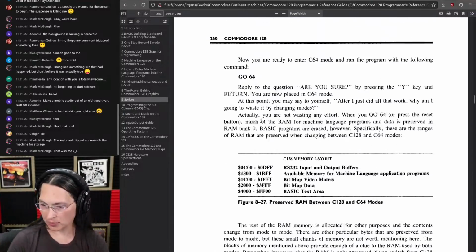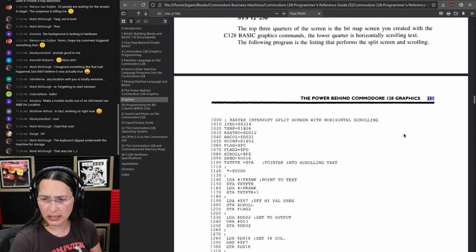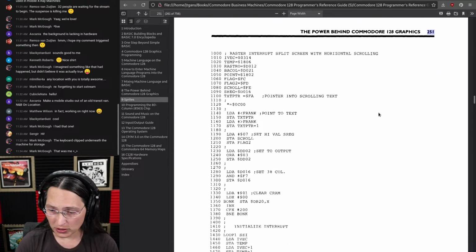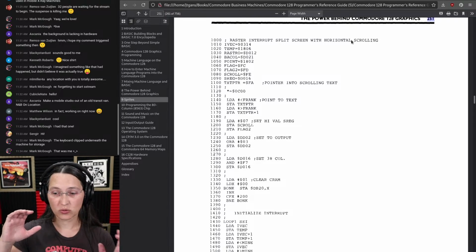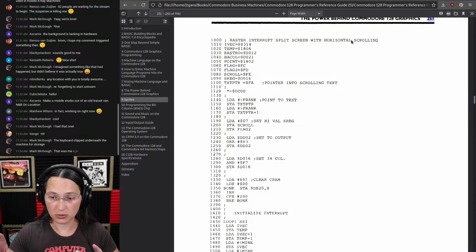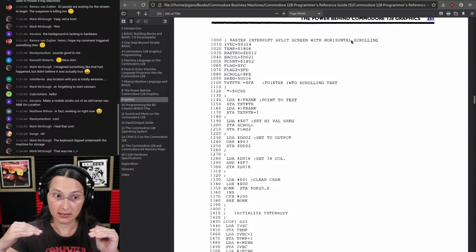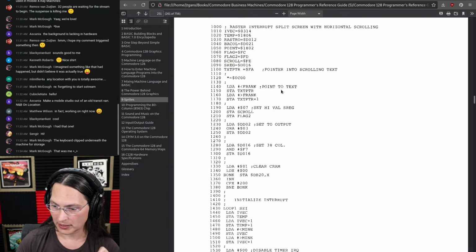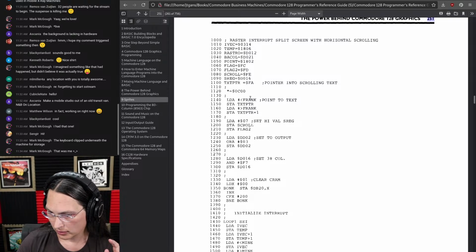Yeah, so on page 251 of the Commodore 128 Programmer's Reference Guide, there is an interesting program listed here that does a raster interrupt split. So effectively, it's going to drive the VIC-2 into two different video modes based on a specific raster line on the screen. And what they do in their interrupt handler, and it's a little hard to see, they actually,